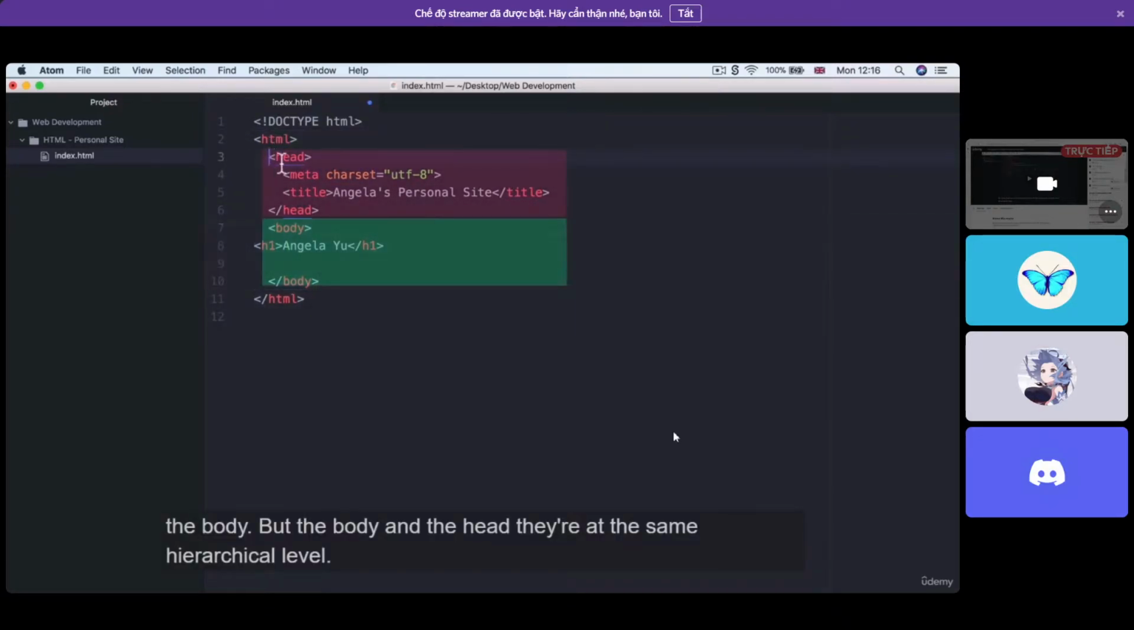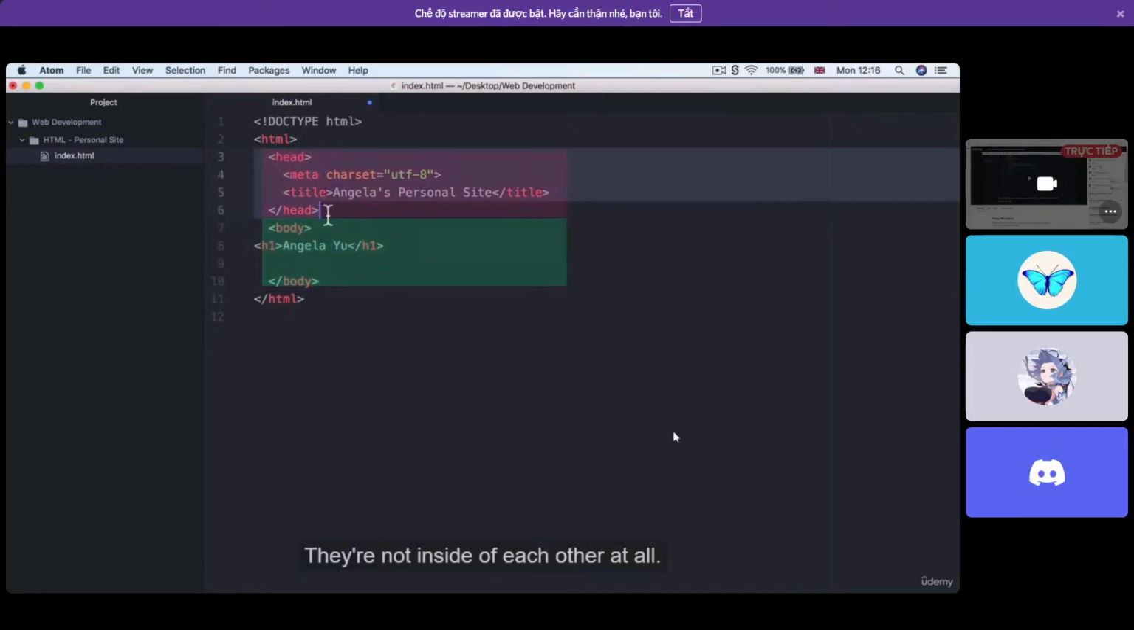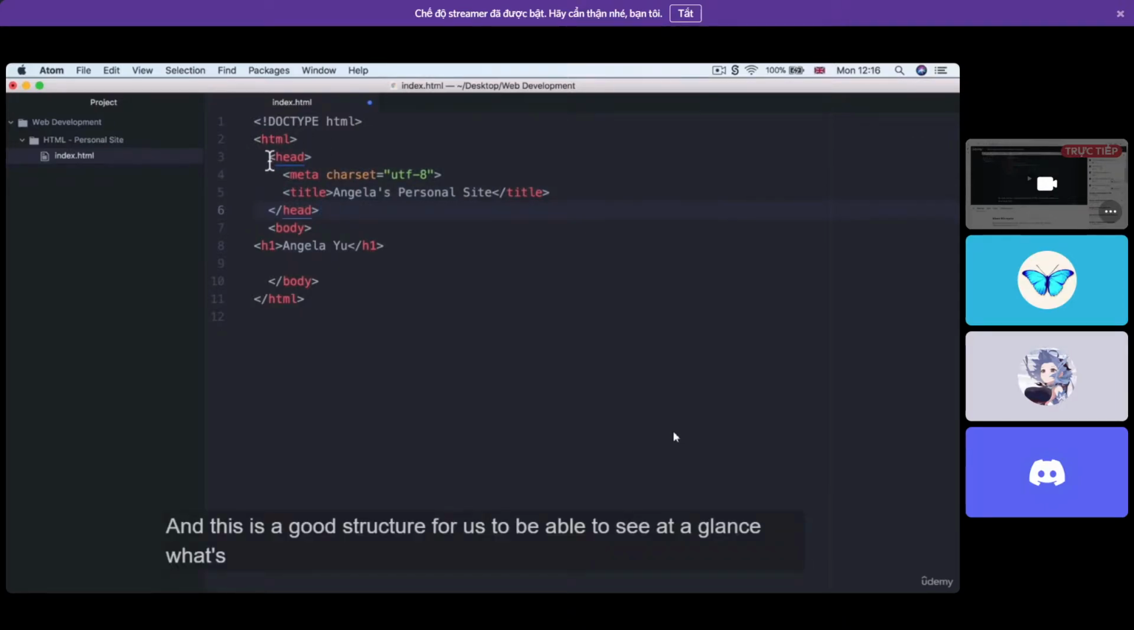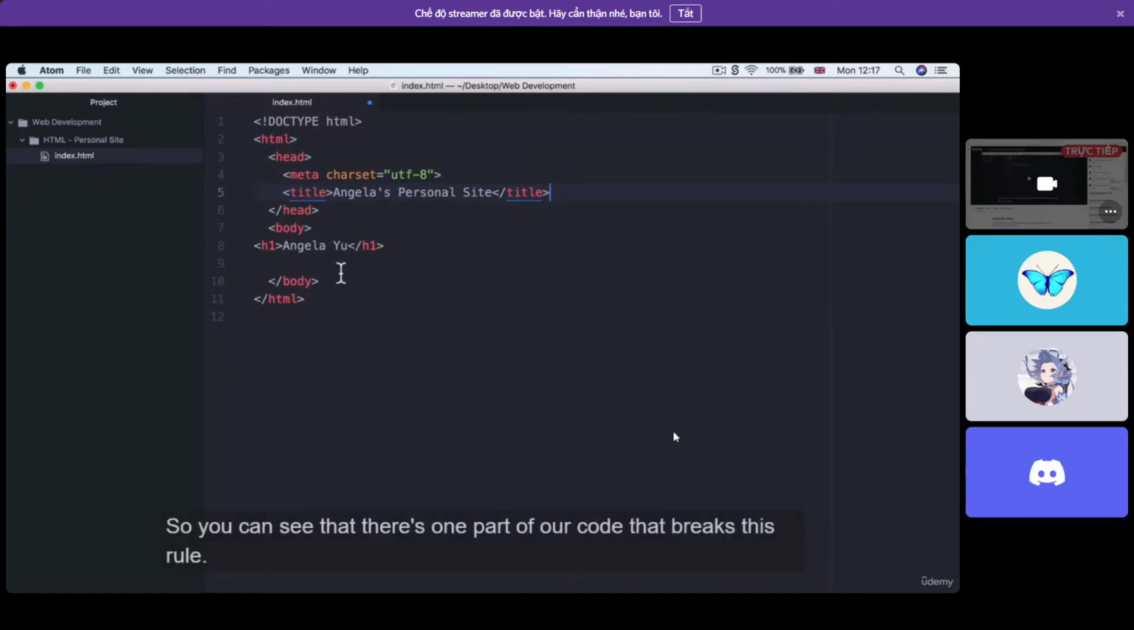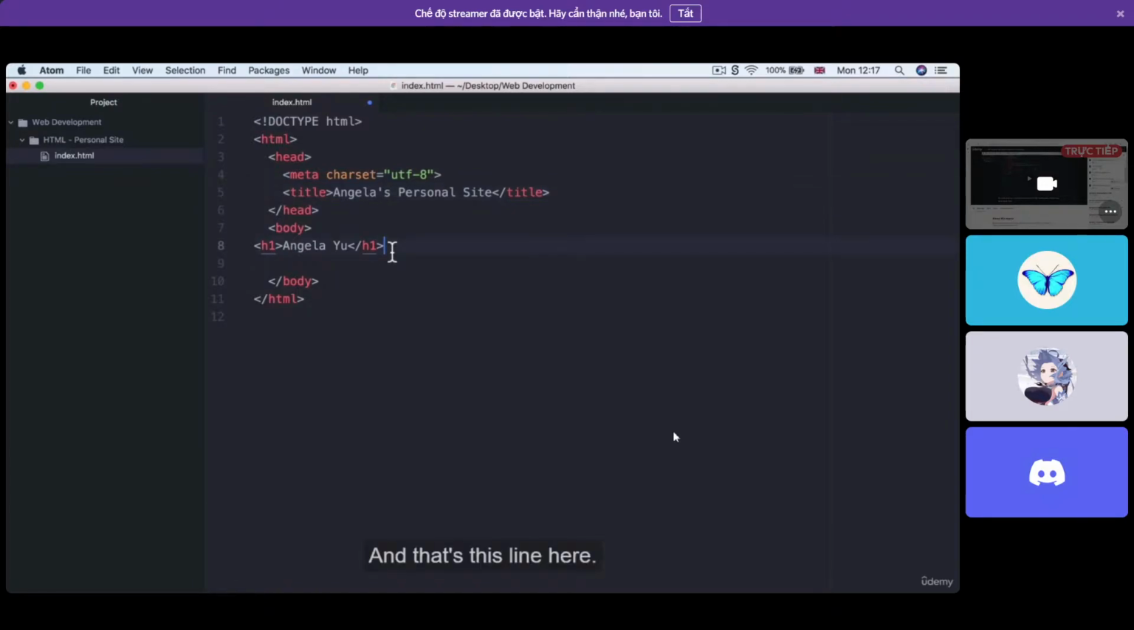But the body and the head, they're at the same hierarchical level. They're not inside of each other at all. And this is a good structure for us to be able to see at a glance what's happening in our code. And also when other programmers look at our code, because we're used to working with the same structure, it's easy to be able to understand what's going on at a glance. So you can see that there's one part of our code that breaks this rule, and that's this line here. Our H1 is contained in